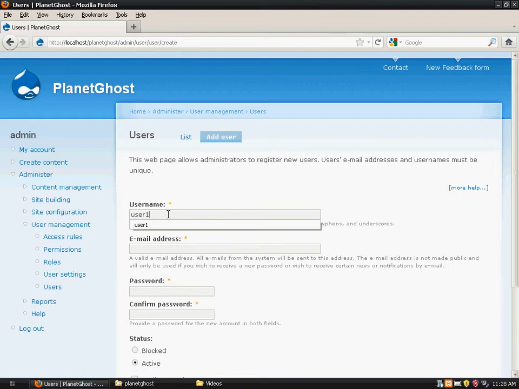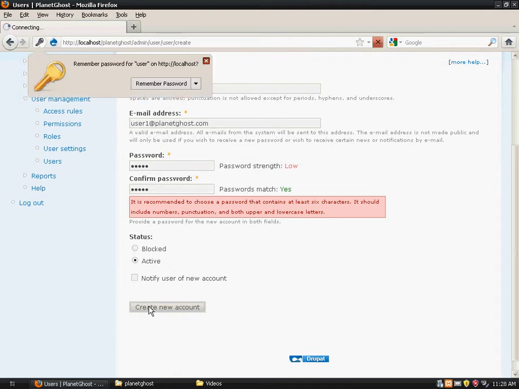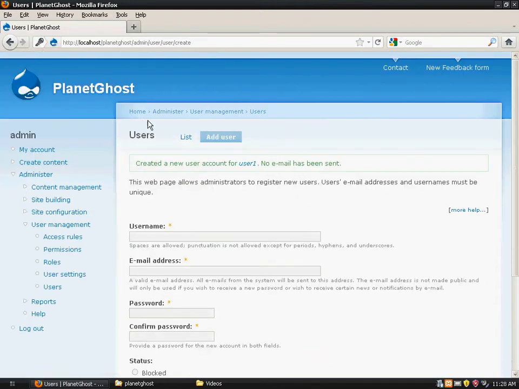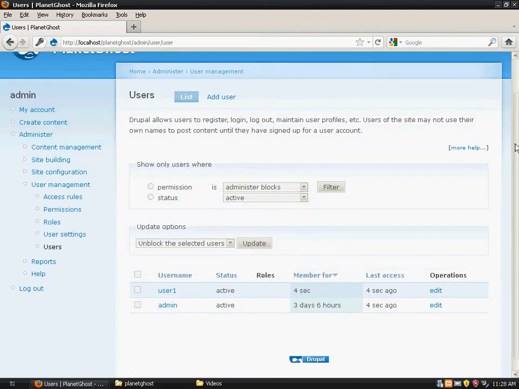We'll make a new user with name user1 at planetghost.com. I'll keep the password as user1. When I create new account, a new account has got created. Now when I click on list users, I can see that user which has just got created. Now I will log in as this user.